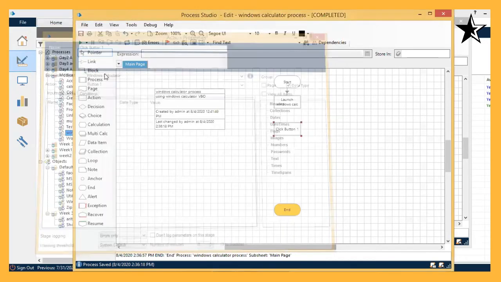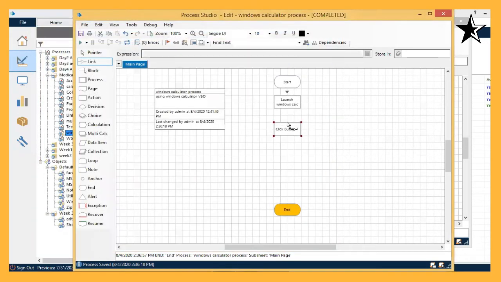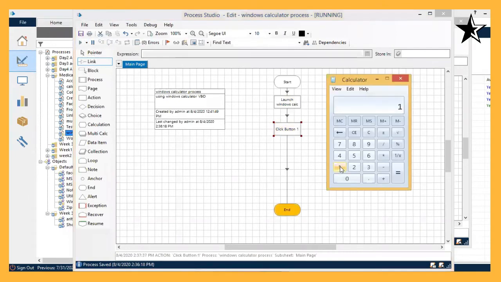Okay. I just run the process again. Button 1 is pressed. That's it. And you can see automatically the mouse pointer has been sent onto button 1 of the calculator. Right? This is how we have done the automation of the application.